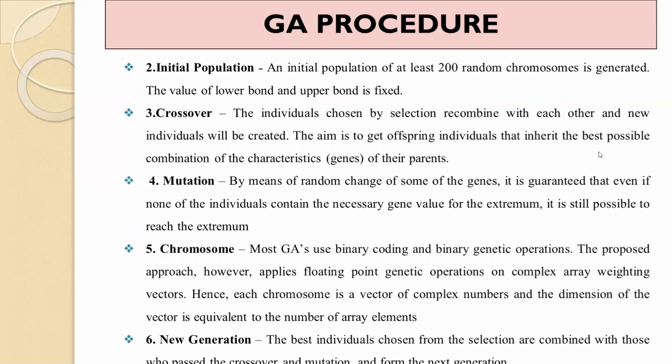Initially, you are able to select the population, for example, 100, 200, 300. After that, the individuals are chosen by mating, selection, recombination, making new individuals. You perform the mutation function by means of random changes of genes, which guarantees the number of individuals. Those mutation functions are in the genetic order to evaluate the chromosomes. So these chromosomes are binary coding functions proposed in our mutation for making the next generation.